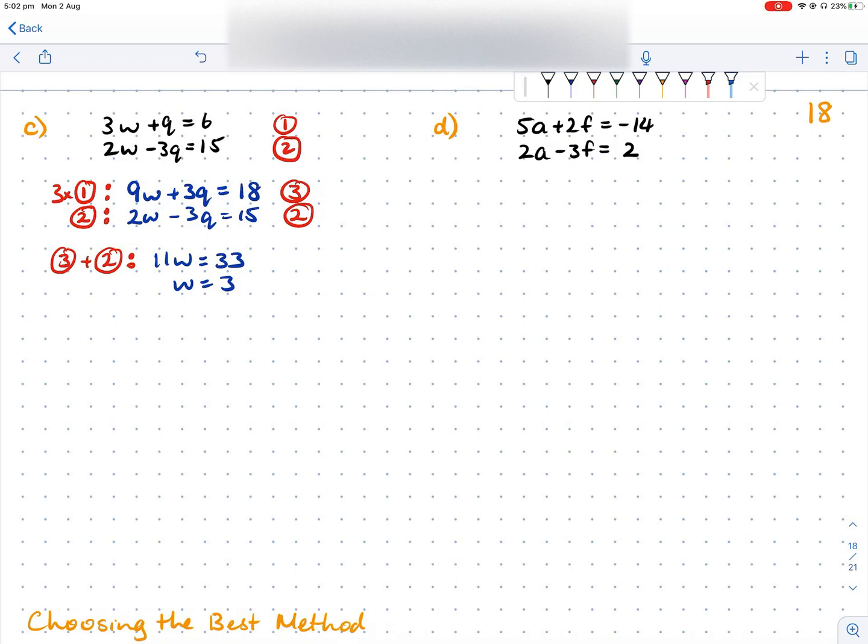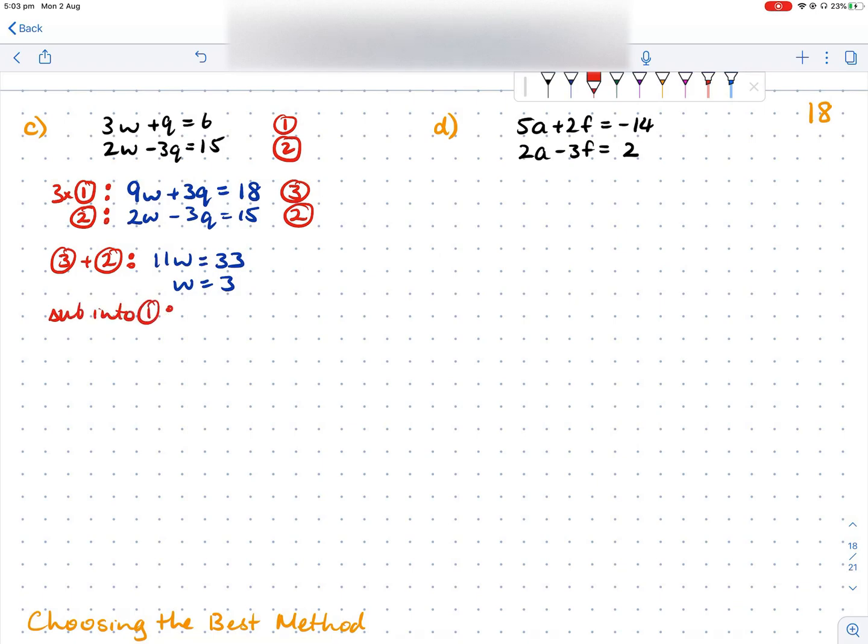Now from here, you know how we've got equation 1, equation 2, and now we've also got this equation 3. We can put W equals 3 in any of those 3 equations now. Obviously, we probably won't put it into equation 3 because you do have really big numbers there. So we're just going to pick one of those ones. I'll probably go with equation 1 because Q has a coefficient of 1. Once I've done this substitution, I've got my answer. So I'm going to sub